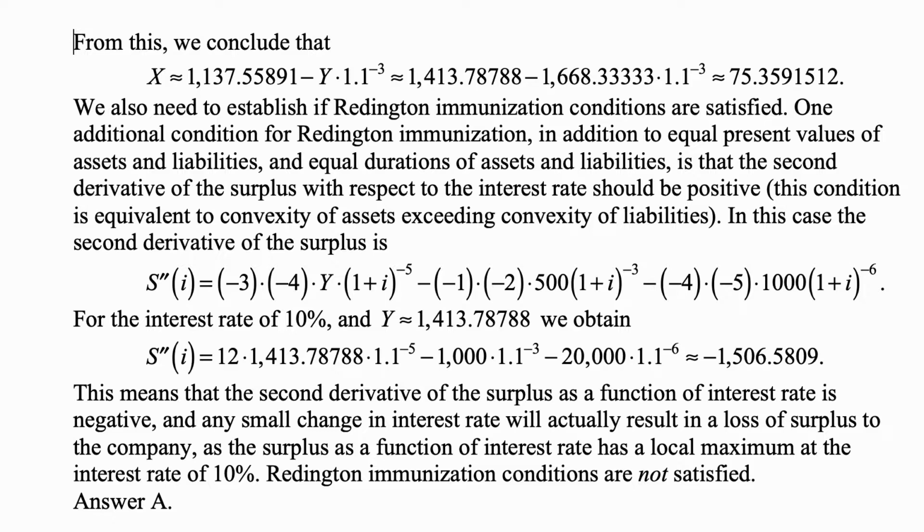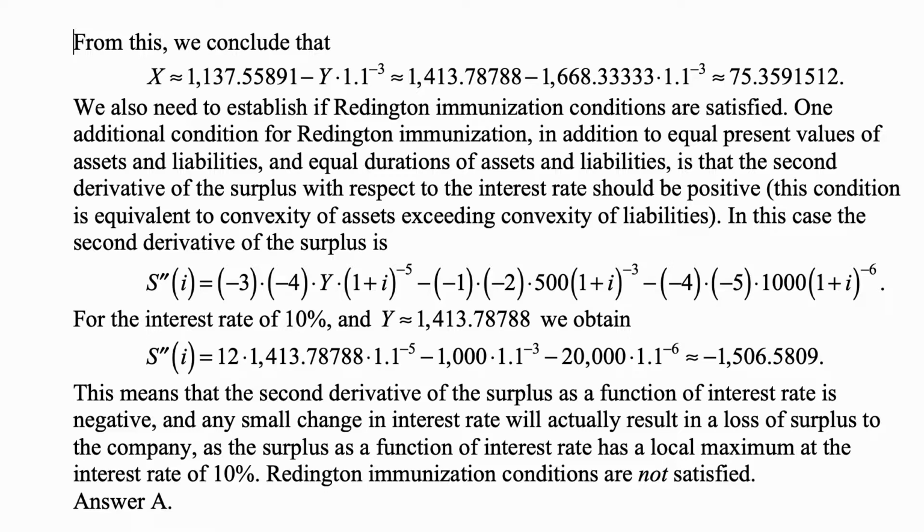This condition is equivalent to convexity of assets exceeding convexity of liabilities. In this case, the second derivative of surplus is negative 3 times negative 4 times y times 1 plus i to the negative fifth, minus negative 1 times negative 2 times 500 times 1 plus i to the negative 3, minus negative 4 times negative 5 times 1000 times 1 plus i to the negative 6. For the interest rate of 10% and y known to be 1413.78788, we plug those in and we obtain that the second derivative of surplus is equal to,